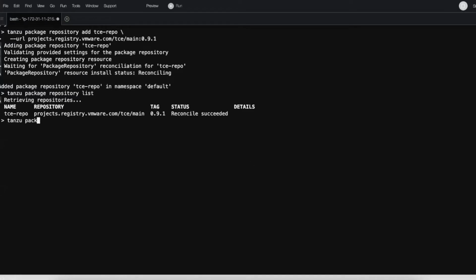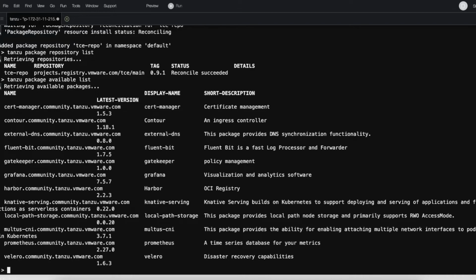So I will run that tanzu package available list. And what you see here, I have added the Tanzu Community Edition package repository. In this package repository, we have Cert Manager, Contour, external DNS, and so many other packages available.